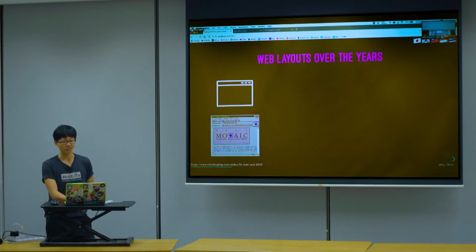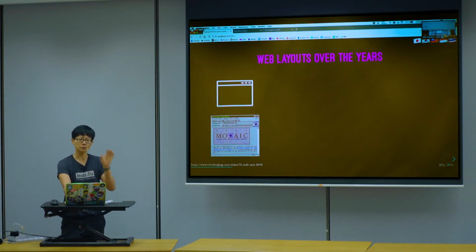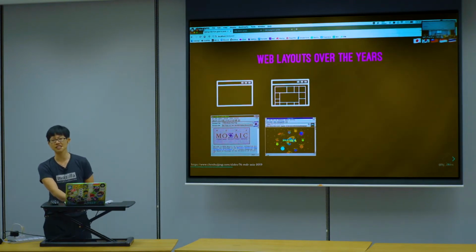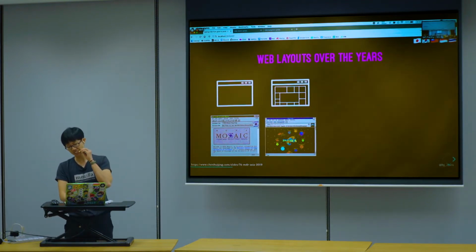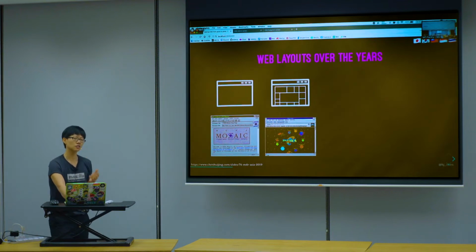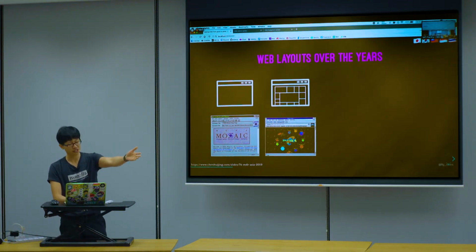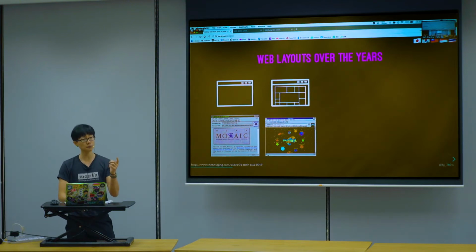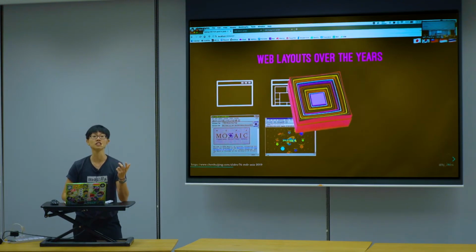Moving on. First time we can put things in specific positions on a page was 1994 when table elements started getting supported in browsers. Then, you know, table element, right? Supposed to for you make data table, right? But like most things in life, kena misuse because developers discovered nesting.